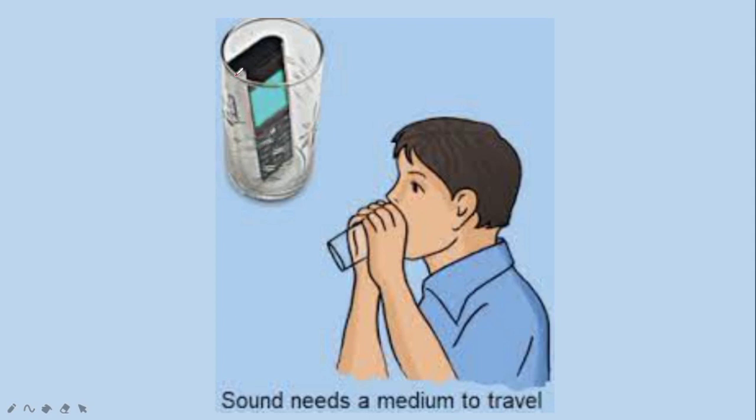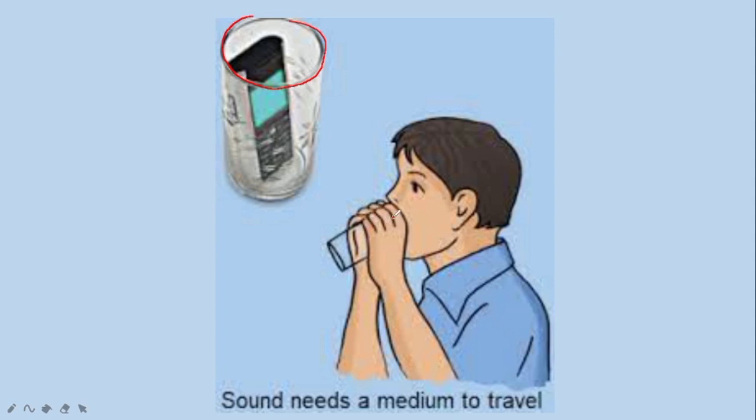Listen to the ring carefully. Can you hear the sound? Yes, we can hear the sound of the ringing. Now surround the rim. So this is the rim. Surround the rim of the tumbler with your hands as shown in this picture. Put your mouth on the opening between your hands. Ask your friend to give you a ring again. Why? Because we are testing whether sound needs any medium for its propagation, that means to travel. So the friend gives a ring to the mobile again.